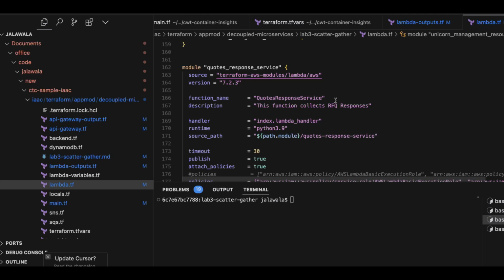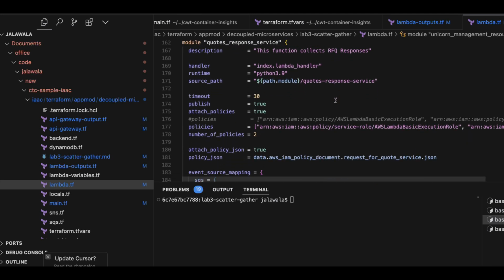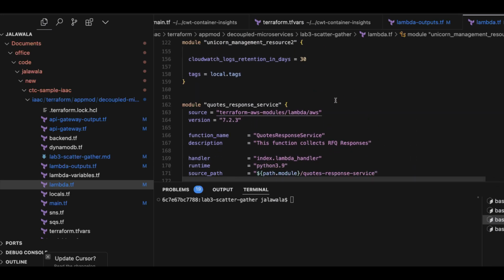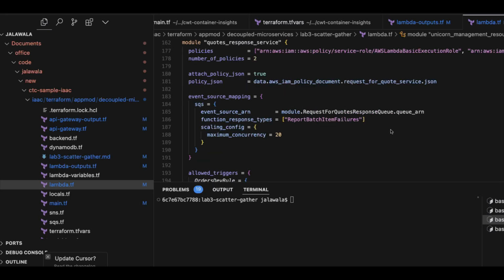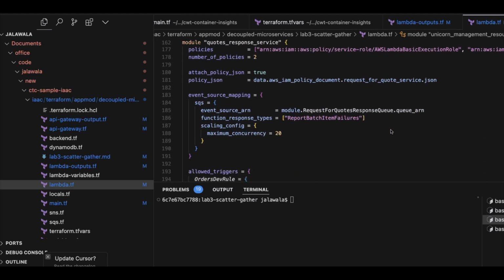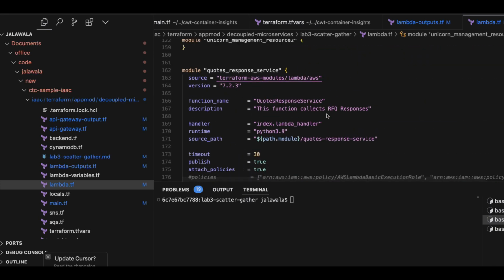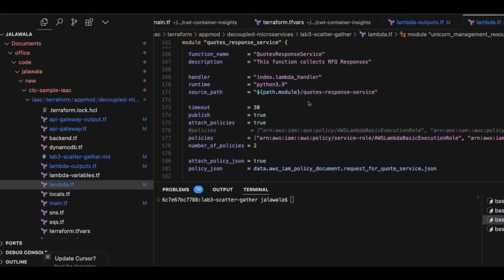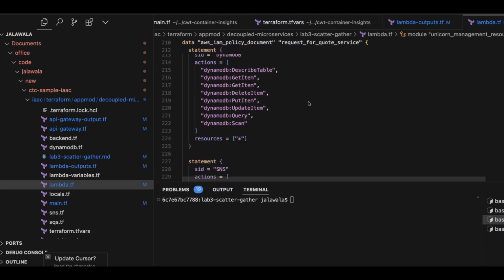Once the above Lambda functions provide the response, that is the quotation for the RFQ, then this Lambda function gets triggered and stores the messages into the database. So the way it works is the quotation is sent to the SQS queue and this triggers this Lambda function. This Lambda function will go and store the response into the DynamoDB database. And these are the